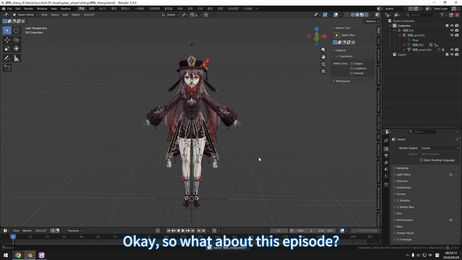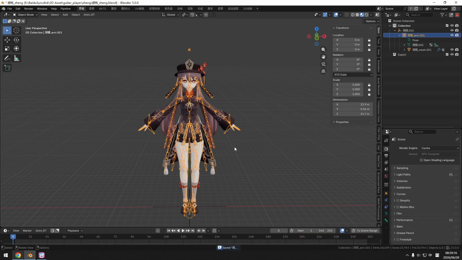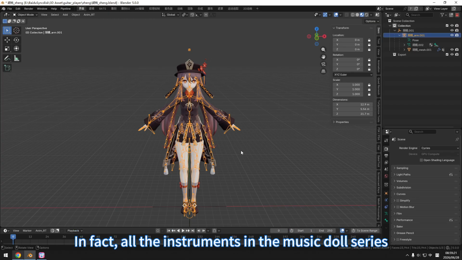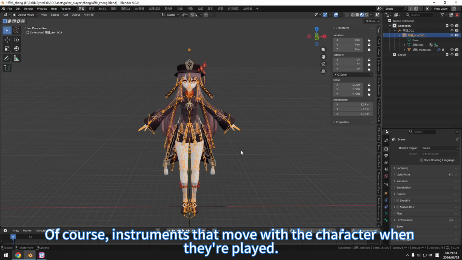Okay, so what about this episode? It's mainly about what we do with the bones of the characters. In fact, all the instruments in the Music Doll series, the pre-processing of the skeletons is almost identical. Of course, instruments that move with the character when they're played